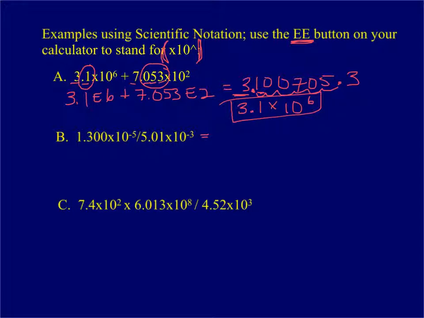So in the calculator, I get 0.002594 and so on. And then I need to look at scientific notation first. So I'm going to move the decimal to between the 2 and the 5 to get a number between 1 and 10. Now I need to look at significant figures. Since I was dividing, I'm going to do fewest total. I've got 1, 2, 3, 4 total there, and 3 total there, so I'm going to keep 3 total. Now these zeros I'm not keeping at all. Keeping 1, 2, 3,